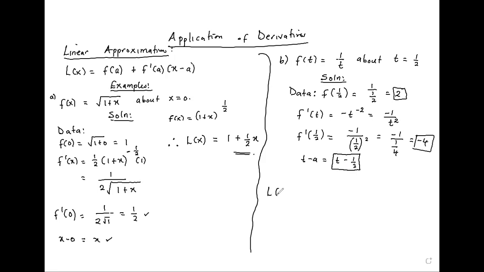So say the linearization of t is equal to f of half is 2 plus f prime is -4 multiplied by t minus half, which is equal to 2 minus 4t plus 2. So we get 4, 1 minus t, because we have 4 minus 4t. When you factor out like that,